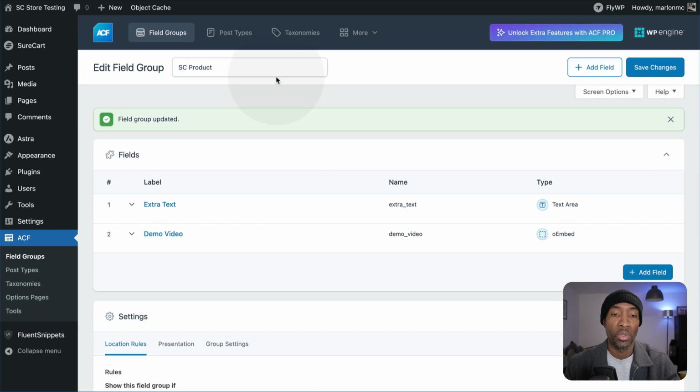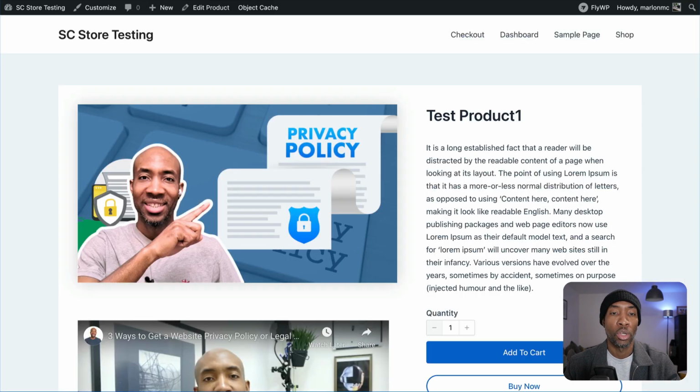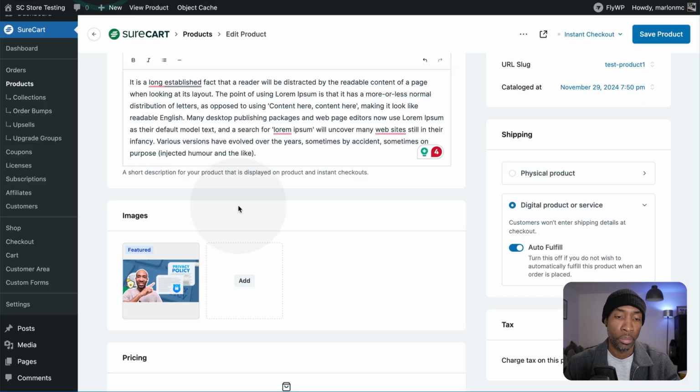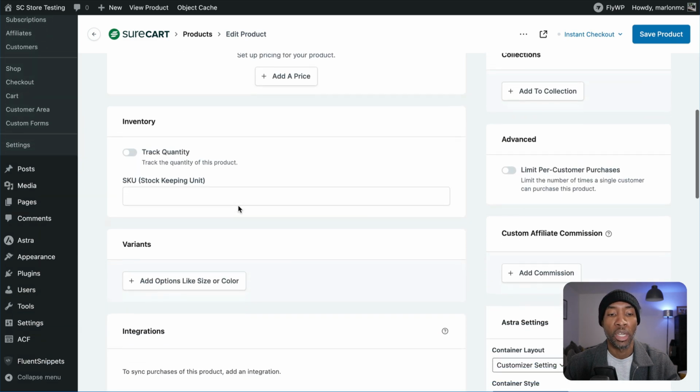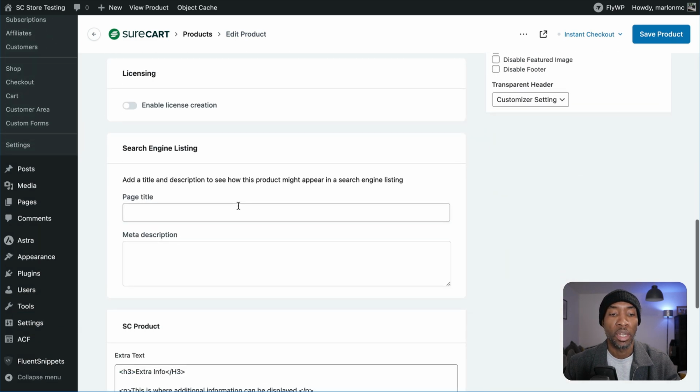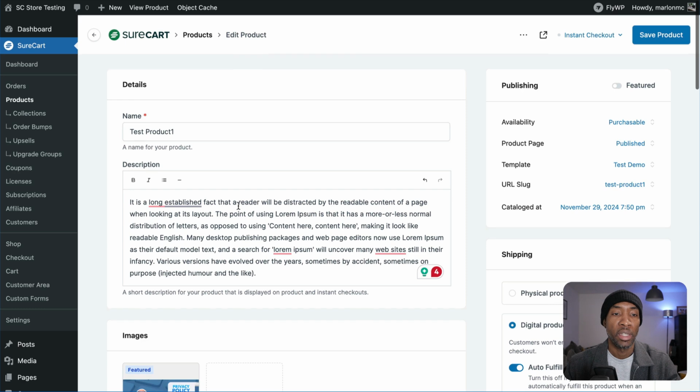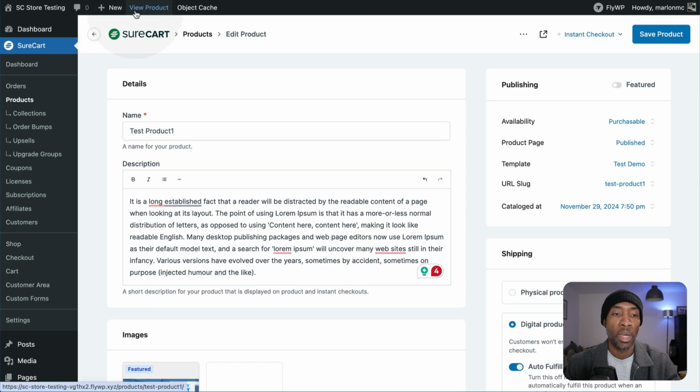That's what's going to allow it to show up on the product page for a SureCart product. So if I switch back to the product page here, you can see that the fields are going to be here. In fact, let me go to just add a new product. If I just go back one,